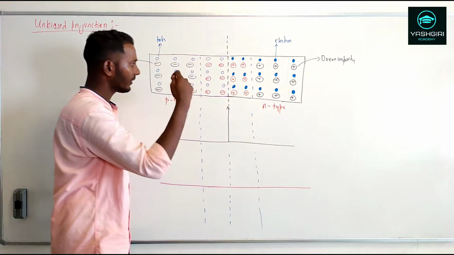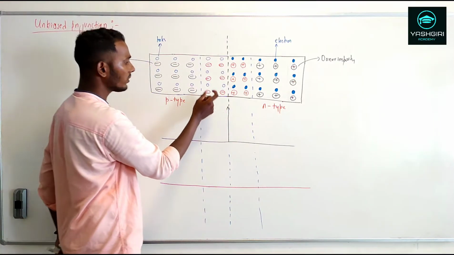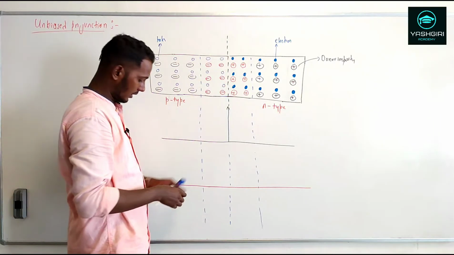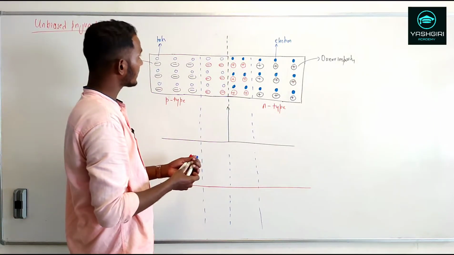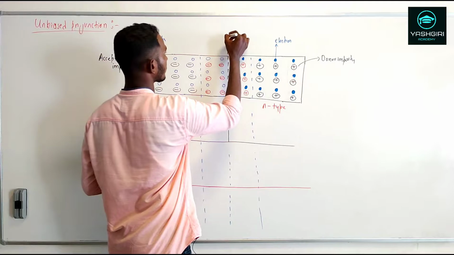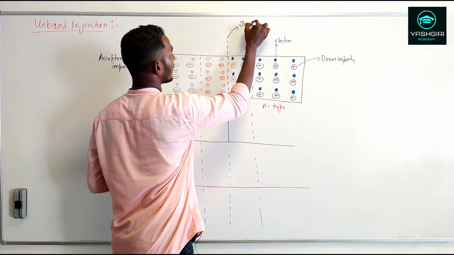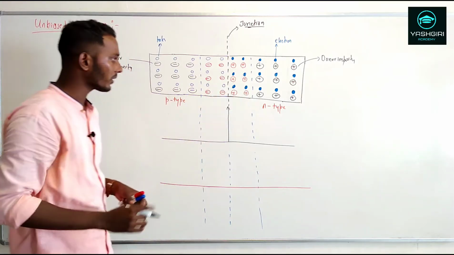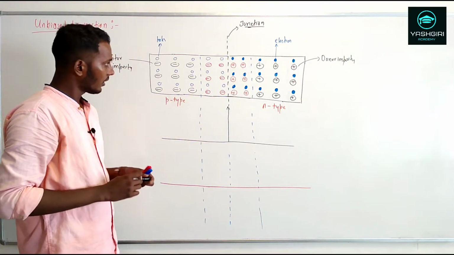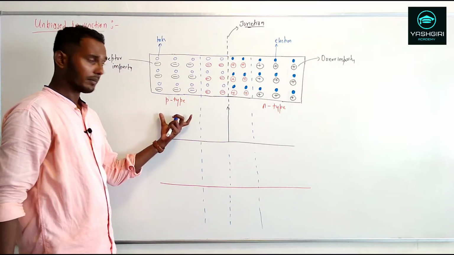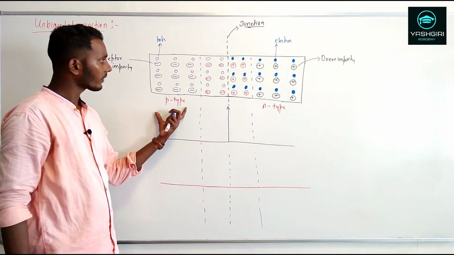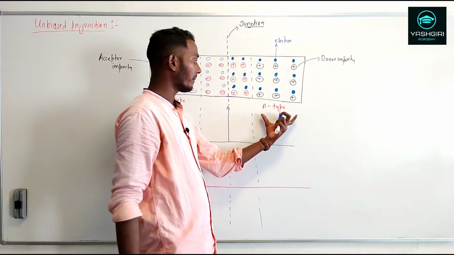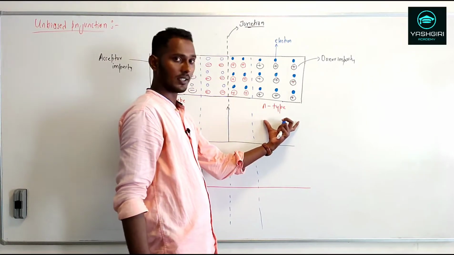Now a point will come wherein both these different types of semiconductor will form a junction. So here this is my junction. This is the junction formed. Junction is nothing but a boundary between these two different types of semiconductors. Now we know that in a p-type the majority carriers are the holes, and in the n-type the majority carriers are the electrons, whereas the minorities are holes in this case.